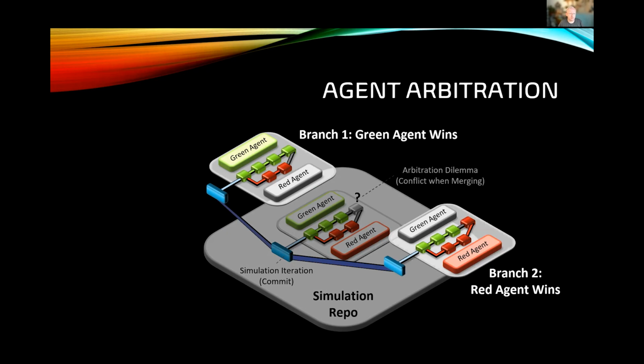At first, I must admit, I thought that these branches, which represent multiple solutions to the problem, would explode very quickly. But for the simulations and the applications we've been running, I'm pleasantly surprised that in the majority of cases, the agents agree, or they're not modifying content that causes a conflict. So it's very interesting because you can then find these alternate solutions to that problem, and it fits very naturally into the repo history and the branching structure.